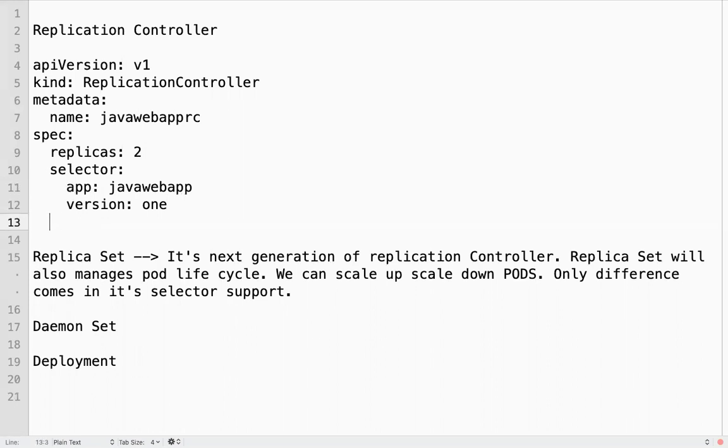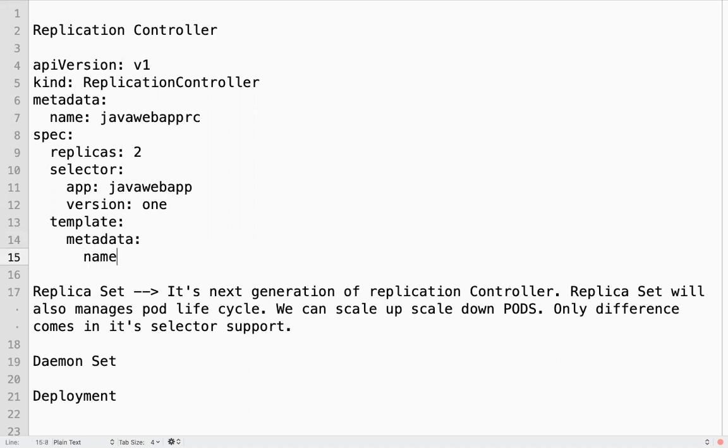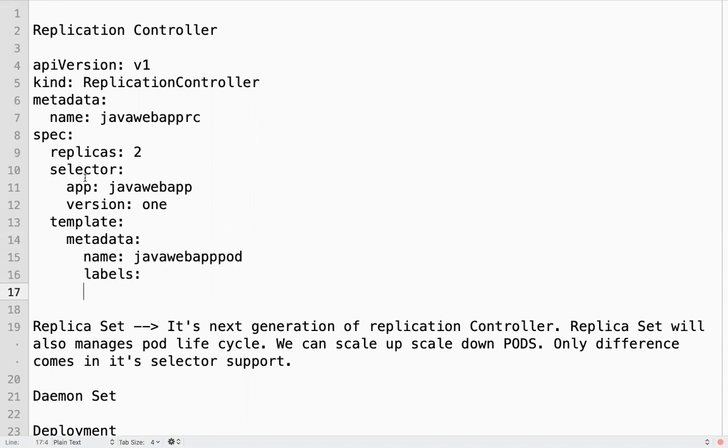Then your pod template. Whatever selectors you have given, that is your labels here.